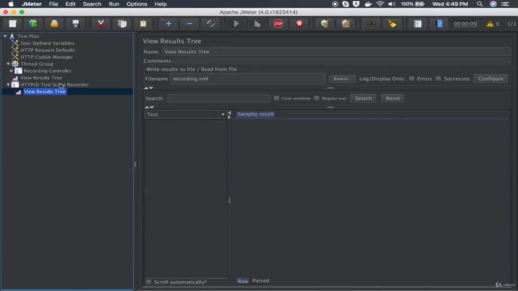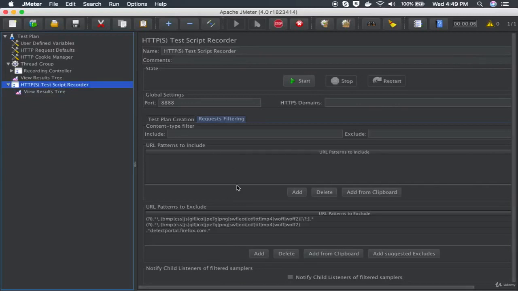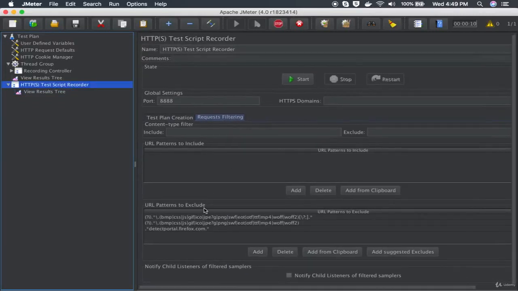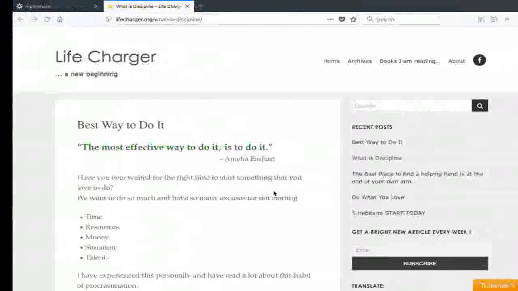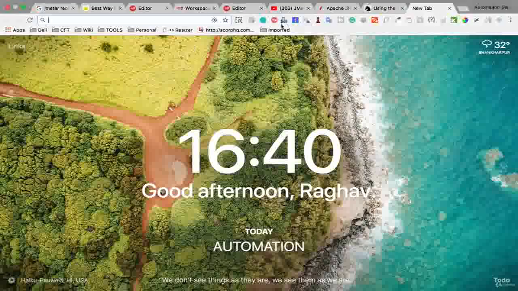So this was one of the ways, and of course when you go to the HTTP(S) Test Script Recorder and you go to the request filtering tab, you can already set the URL patterns to exclude and URL patterns to include, so that you do not get any extra requests getting recorded. So this was one way. The other way is if you go to your Chrome browser,